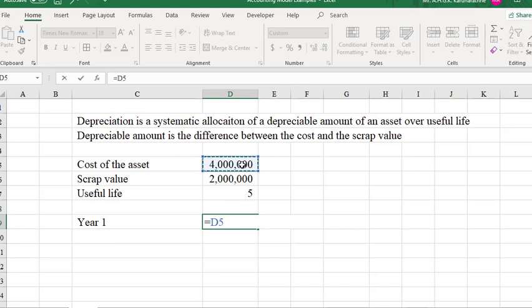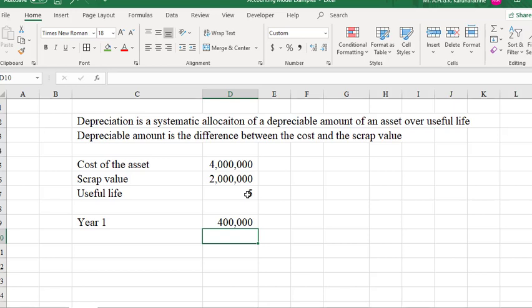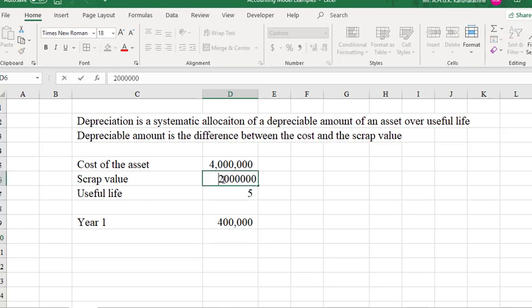Cost of the asset minus scrap value, right? If you want, you can put them within brackets, divided by the useful life. Then you can see depreciation is 400,000. Now if you want to, let's say, later decrease this scrap value to 1 million due to change